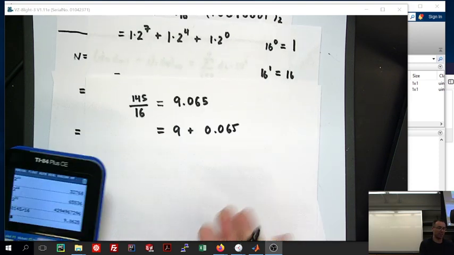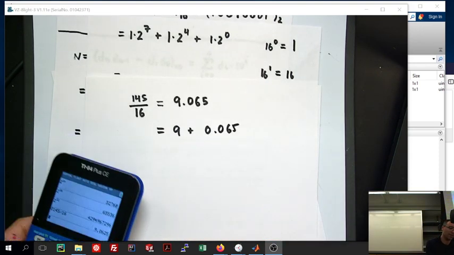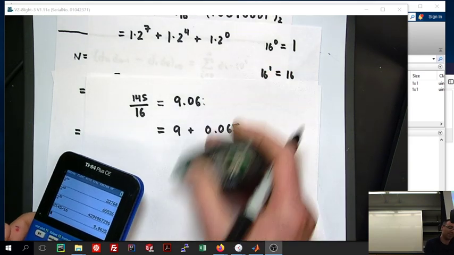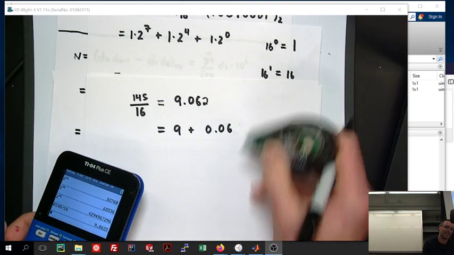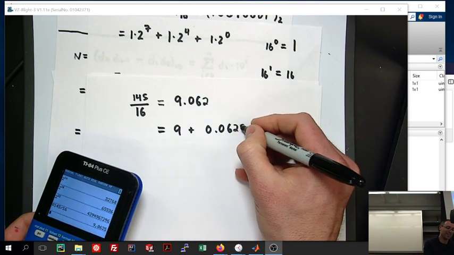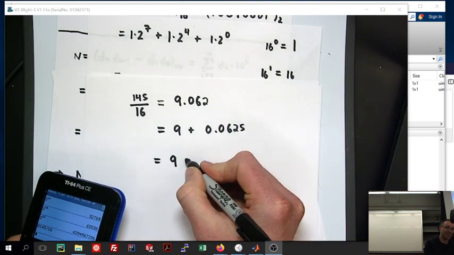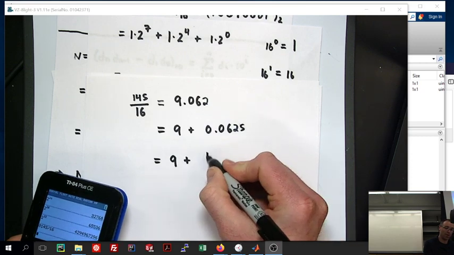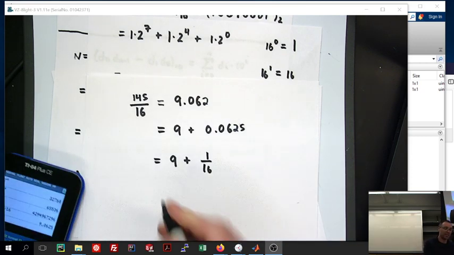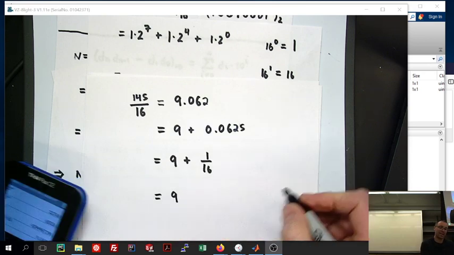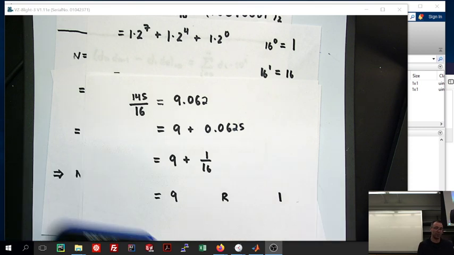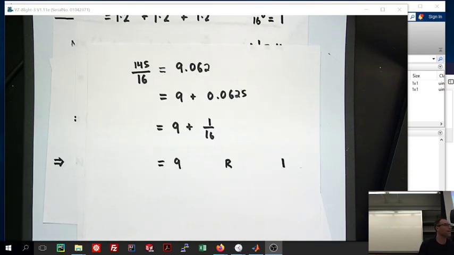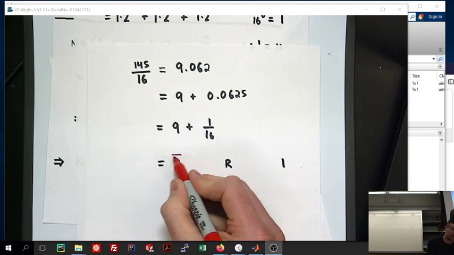What is 0.065? Yeah, it's 1/16th, right? So this is 9 plus 1 over 16, which means the integer part is 9 and the remainder is 1. So this is 9, remainder 1. What did we do for the next part? Yeah, so we take this thing,